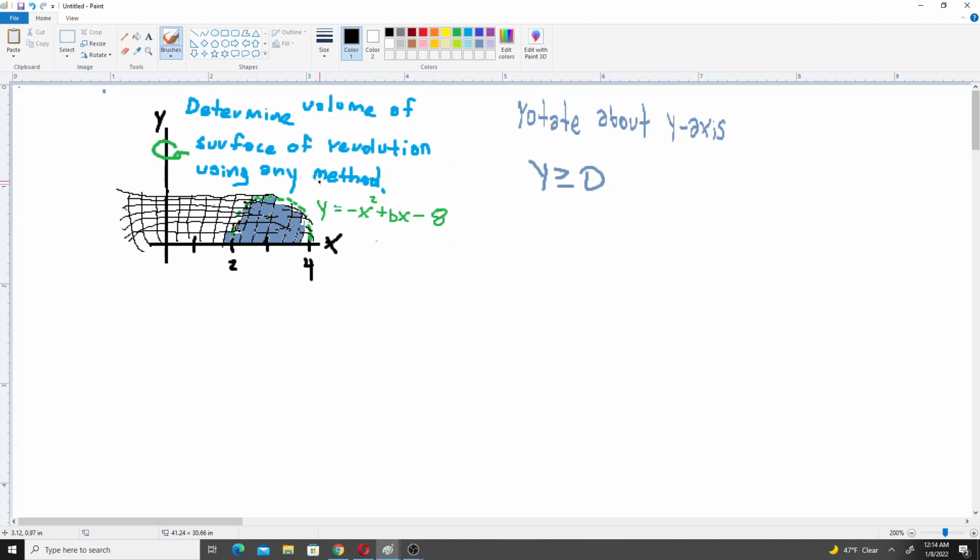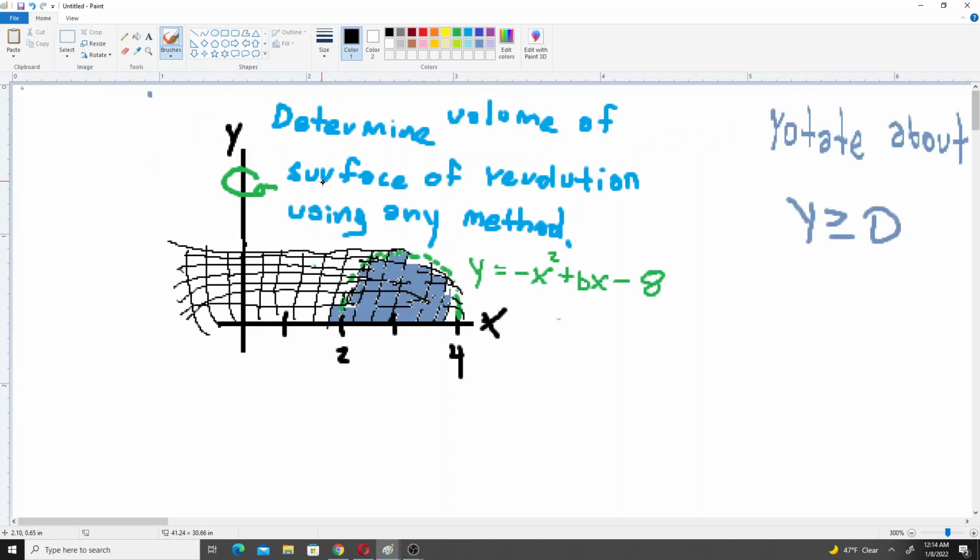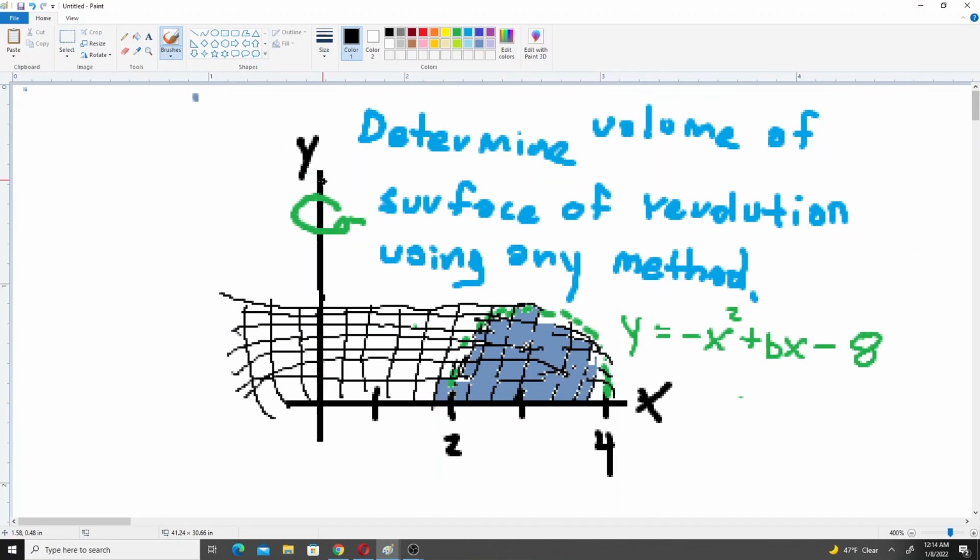We're given the function y is equal to negative x squared plus 6x minus 8. I drew a graph. Basically, it's a quadratic with two roots, 2 and 4. I'll fill it in right here. Right there, it's just that arc. And we're rotating about the y-axis, so if you imagine doing that transformation, it would look kind of like a